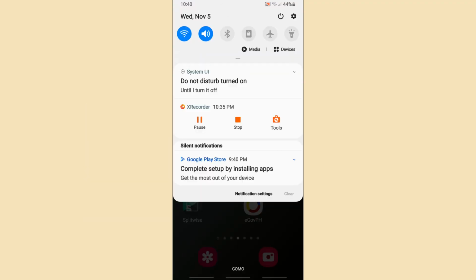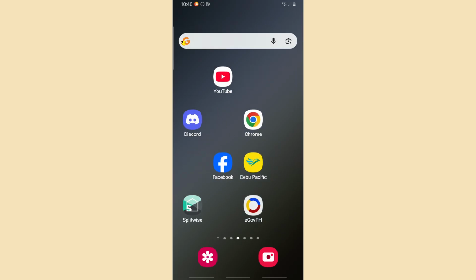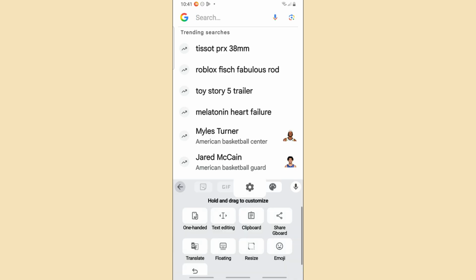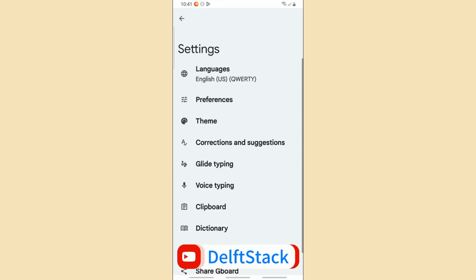So guys, if you ever wondered how to fix that issue, first thing is just simply open up your keyboard. So now here I am using a Gboard. So over here, just simply go to the settings, which is tapping the gear icon right over here. And now it will redirect you to the settings tab, and you will have an option over here, corrections and